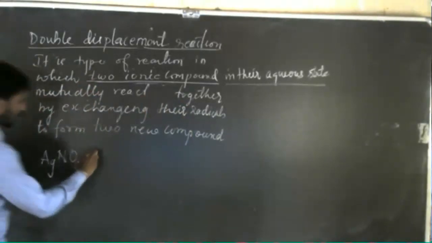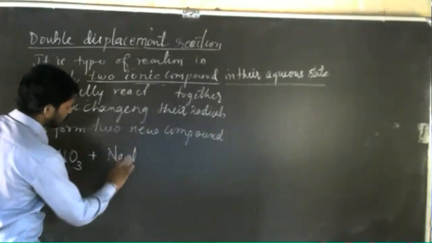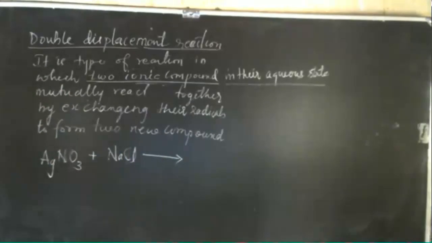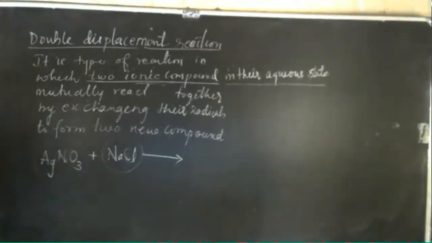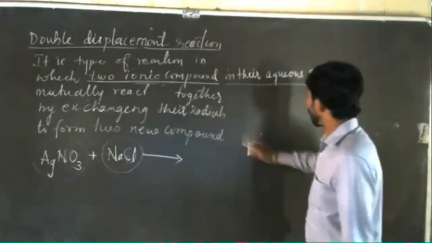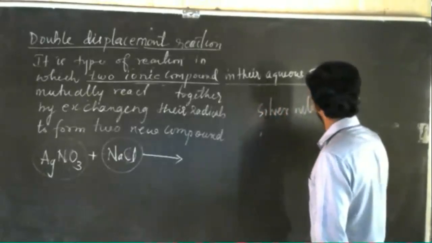One example I will give you: AgNO3, silver nitrate, will react with NaCl, that is sodium chloride. Both are ionic compounds. Why are they ionic compounds? Because in silver nitrate,